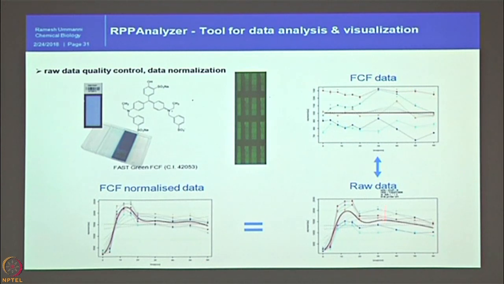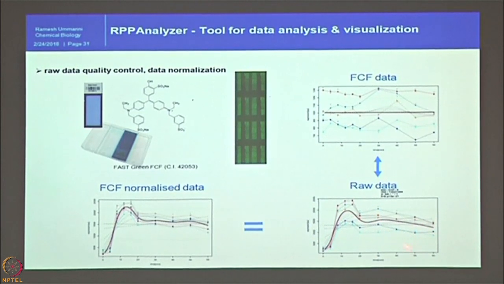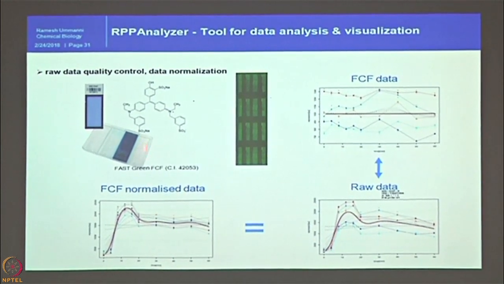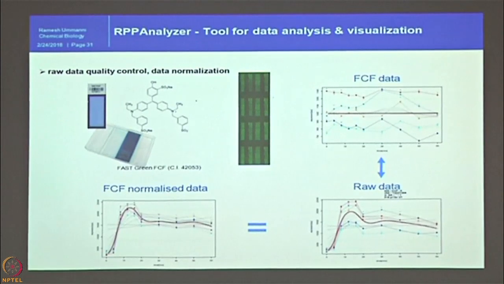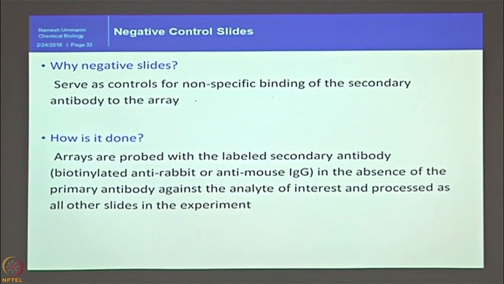After normalization, once you plot this normalized raw data, it looks like this. To get more smoothened data, once we normalize with FCF, you get signals like this. You can clearly see how nicely the data can be collected to make it biologically sensible. So, with this, and also in the morning he suggested what kind of controls to include and how to plan the experiment.